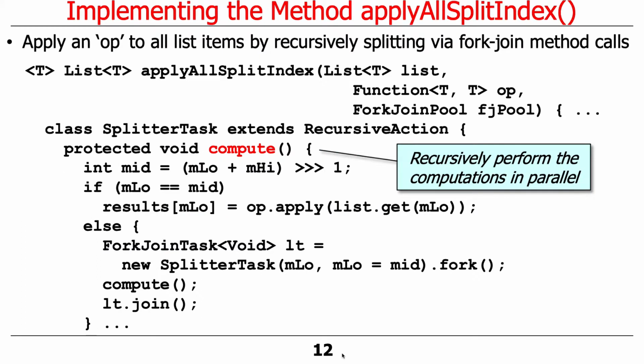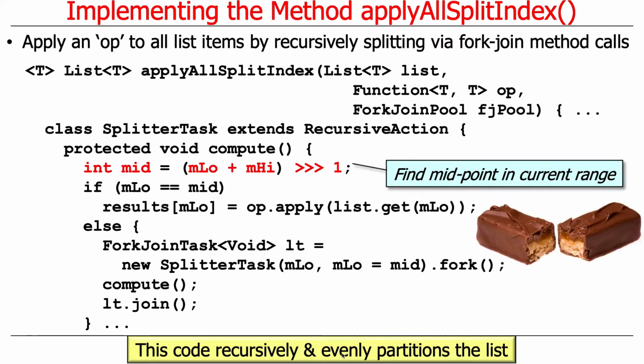Compute is going to recursively perform the computations in parallel, as we did before, but the implementation is just ever so different and arguably ever so more efficient. First thing we're going to do is once again figure out the midpoint in the current range. This is a little trick you've probably seen before. So we take the high plus the low, and then we divide by 2, or we right shift by 1, same difference. And so we end up with a midpoint, and that way we can split the list evenly in